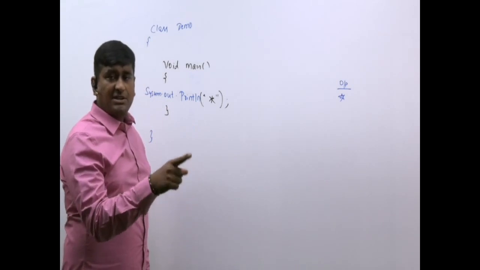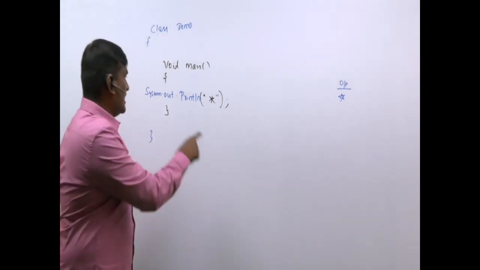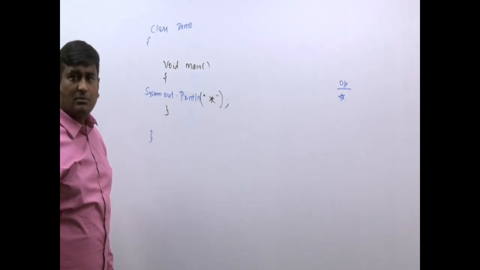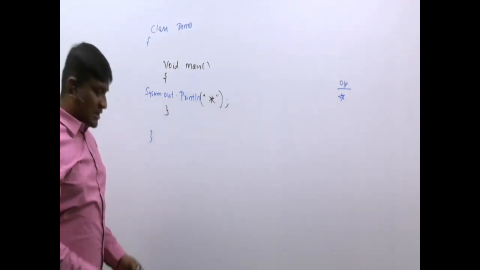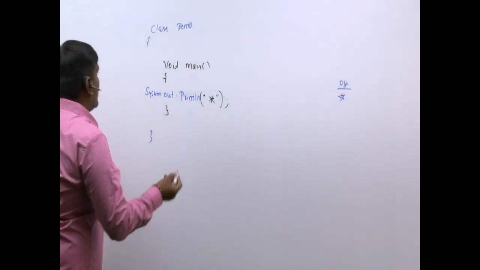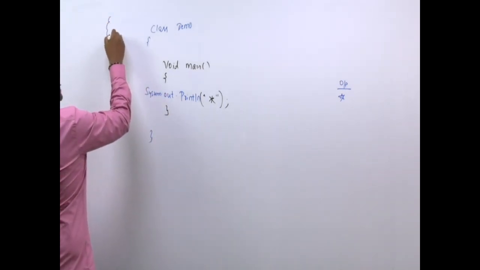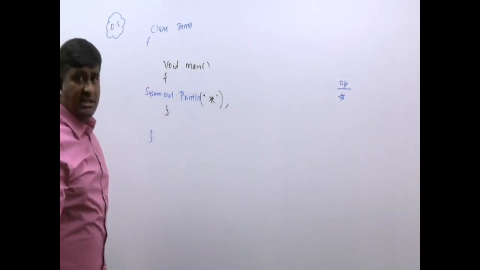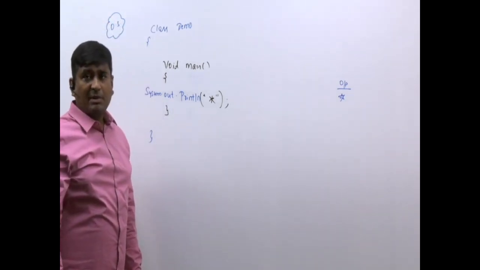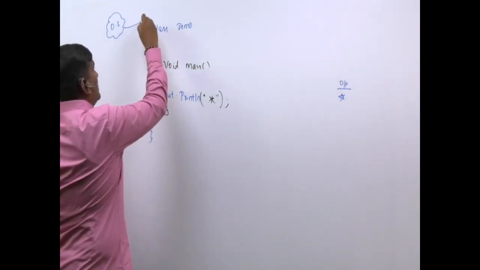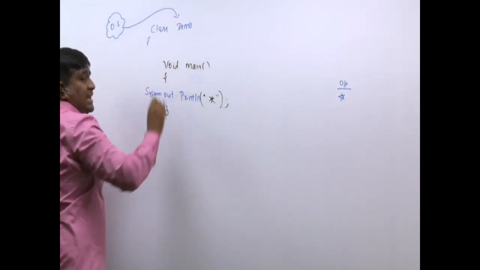Printf in C language, cout in C++, System.out.println in Java programming language. Okay, sir, now can I execute? Now let me see what will happen if I execute. As I already told, for any program to get executed, it requires one person's help by name called as what? OS. And OS is designed in such a way that the control will always be given to one fellow by name called as what? Main.